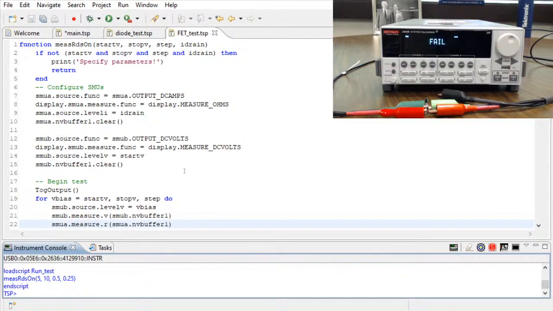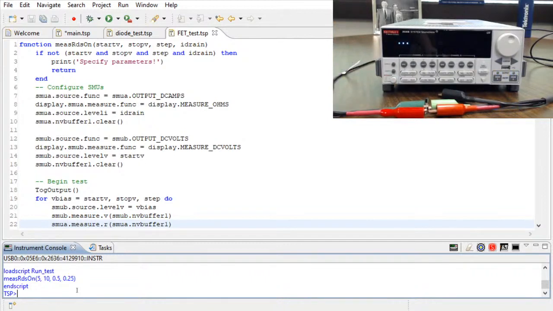Test script builder handles this load script and end script automatically for you. If you're instead writing your scripts in something like Python or MATLAB or even C, any programming language, when you communicate with the instrument and you want to save a script, you'll use these load script and end script commands. Very simple, you just put the code in here and make sure that they're bookended by load script and end script. Again, test script builder handles that for you, so you shouldn't use them when you're using test script builder. So now I'm going to restart the instrument,